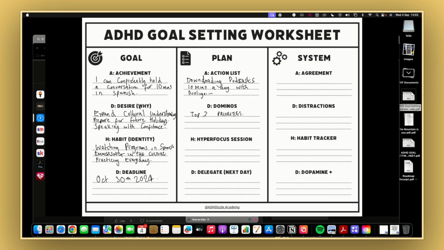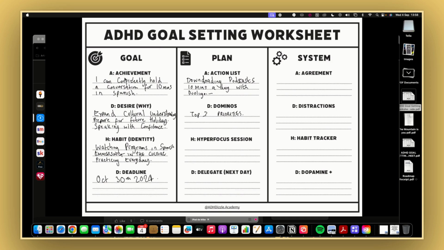The next thing is, like I said, delegate. So you're obviously delegating whatever the task is for your next day, and making sure that it's already in there so that if anything pops up at that time, you could tell someone, look, listen, I've got this plan that I need to do, contact you at this time. Nothing gets in the way of this hyper focus session. This hyper focus session is connected to your plan, your goal setting, like your goal that you've set. So anything that distracts that focus session from happening means you're not going to achieve that goal, right? So it makes you very clear about, oh, hold on, I'm making a decision here that might not be the best idea right now, right?